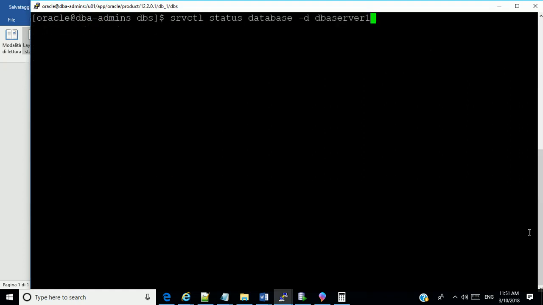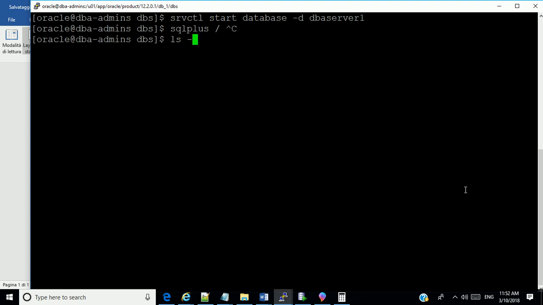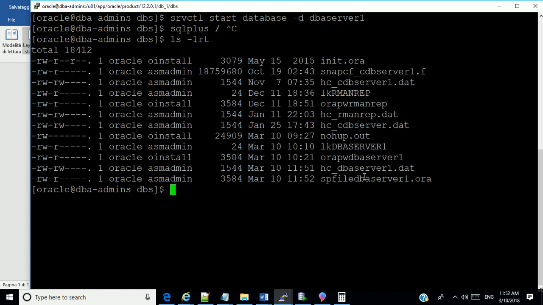So I'm going to start off the database here. I'm going to use Oracle Restart, but remember, if you don't have it, just feel free to use SQL*Plus. So I'm going to start this database, and after starting it, I'm going to create a text copy of the binary SP file. Look at the SP file. This is the SP file used by this instance at this particular moment. This is where Oracle reads to allocate memory and everything.